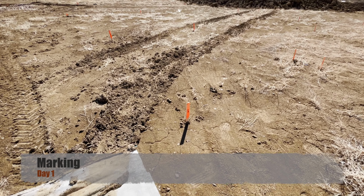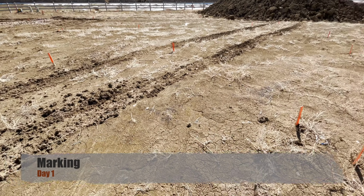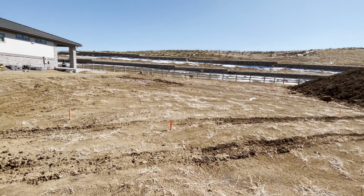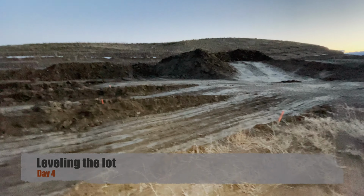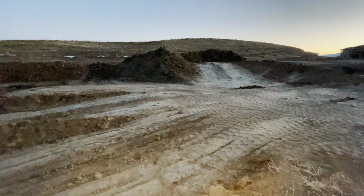We are going to start off with day one. On day one, you didn't see much happen. This is where a surveyor comes around and marks out where the posts are going to go. Then the next day, actually we skip the weekend, that's why we go straight to day four, is where we go to leveling the lots. That's where they'll take a fairly large digger and flatten stuff out to try